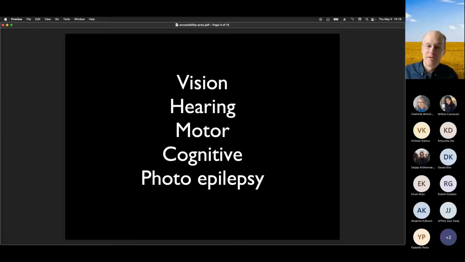There are sip and puff interfaces, which is like a little straw, which you put in your mouth, and there's a device that can detect the movement of air in the straw, and so the user can sip and puff small amounts of air in and out of the straw, and they're able to control the computer that way. Perhaps by having it so when they sip, it will move an indicator to the next key on a virtual keyboard, and when they puff, it'll select that one. It's slow, but it's a lot faster than doing nothing at all, and it allows the user to